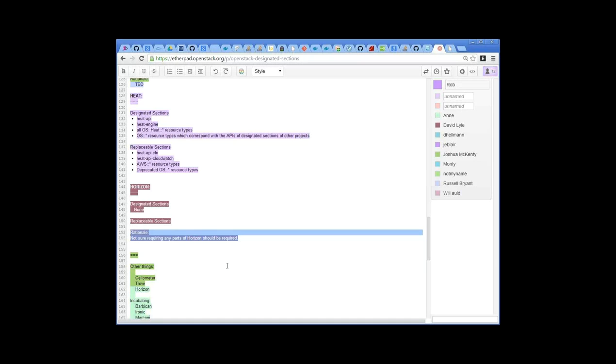The second part is the goal of ordering this. The goal of ordering this and saying let's define designated sections for the projects that look like they will have capabilities in core as of this first set of certifications is just so that we don't get swamped trying to do designated sections for every project. That's not saying we don't need to define. The expectation is many of these projects will probably have capabilities that end up in core in the future, and when that happens, we will need designated sections defined for those projects. We're just trying to sequence it so that we don't get swamped.